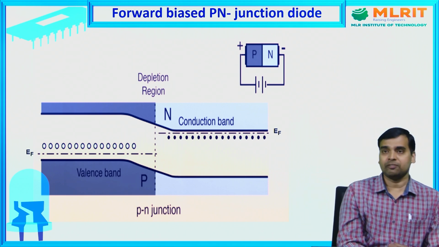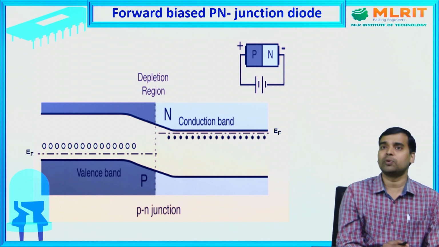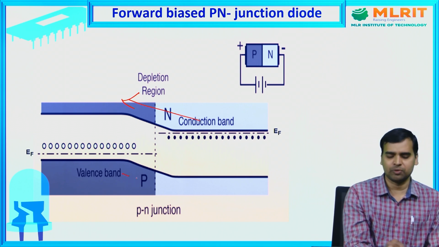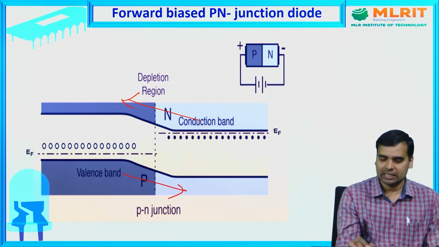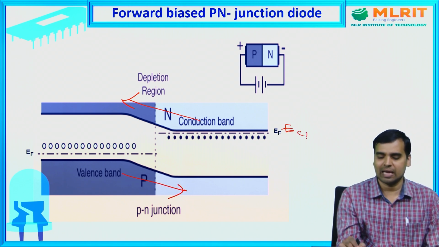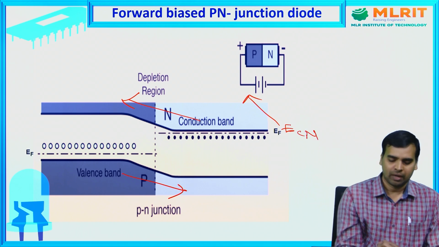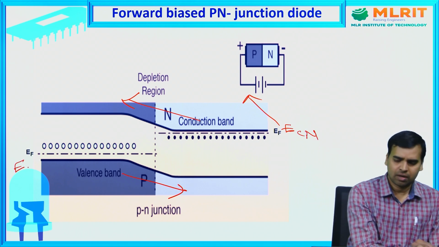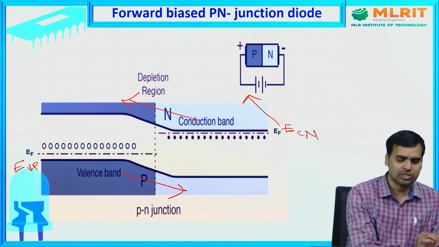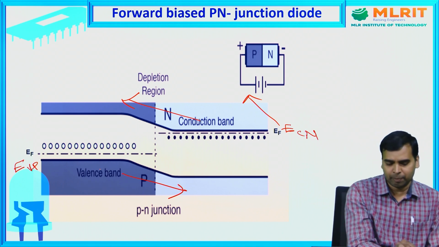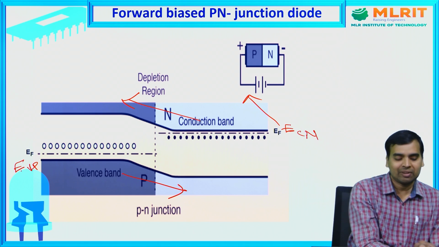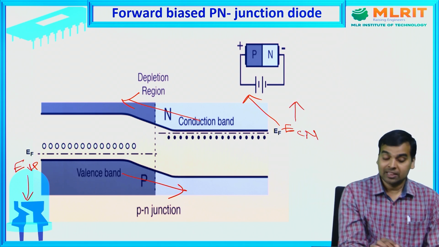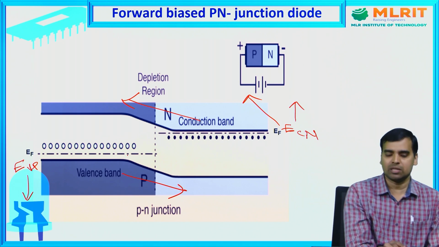Now, when it comes to the energy level diagram, it is similar to the previous diagram. After applying forward bias, if the forward voltage is more than the knee voltage, we all know that electrons are moving from n-type to p-type, and holes are moving from p-type to n-type. That's why E_CN is going to be shifted upward, and in the same way, E_VP is going to be shifted downwards because holes are moving from p-type to n-type.